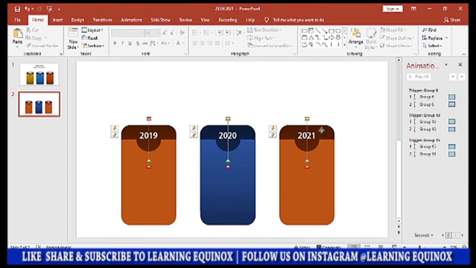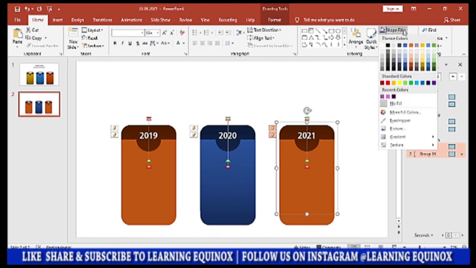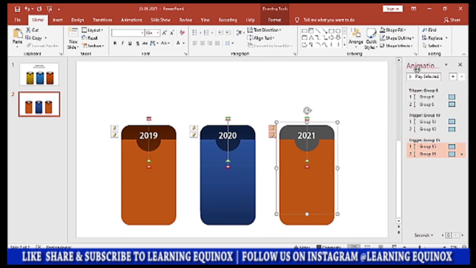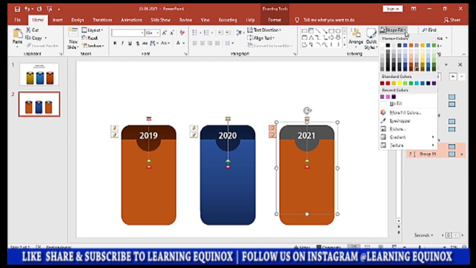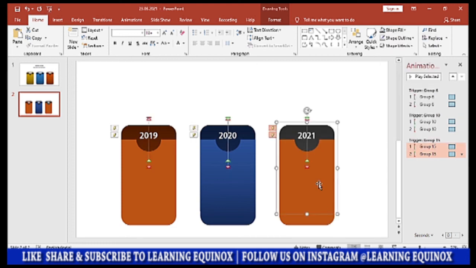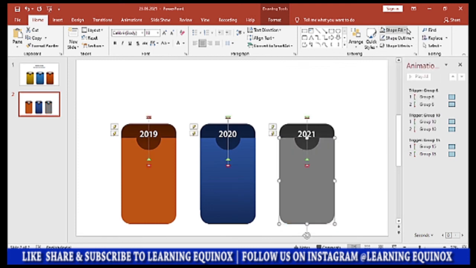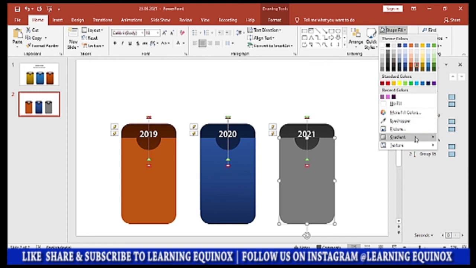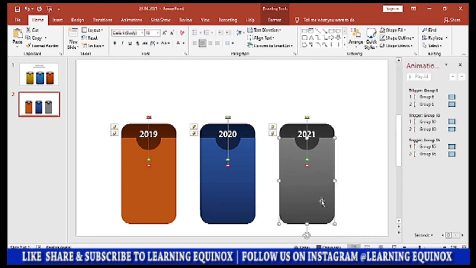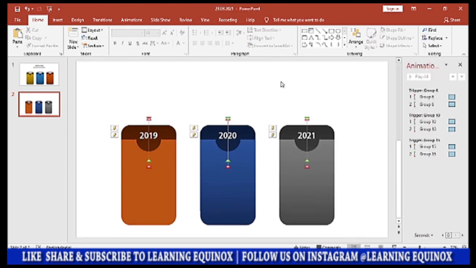The third one, let me say I would like to give it grey color. So I'll select grey. I'll give it a gradient linear down. The cover also I'll give a shade lighter of the grey and I'll give it a gradient linear down. So in this way I have created 3 pockets, and now let's look at how the animation